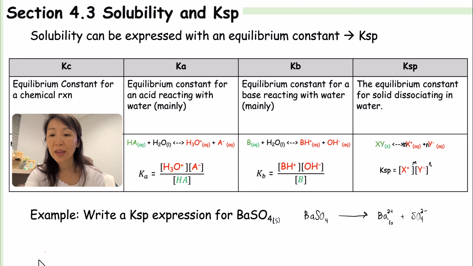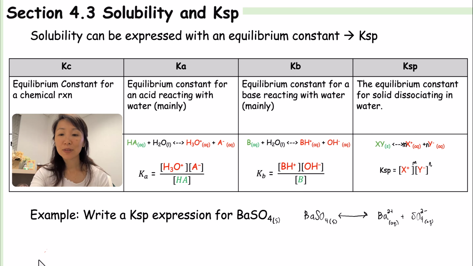And these are all aqueous because they have been separated. I'm going to write solid right here and a double-headed arrow to show that it's at equilibrium. Okay, so now let's write the Ksp because that's what it wants to know. Ksp is equal to